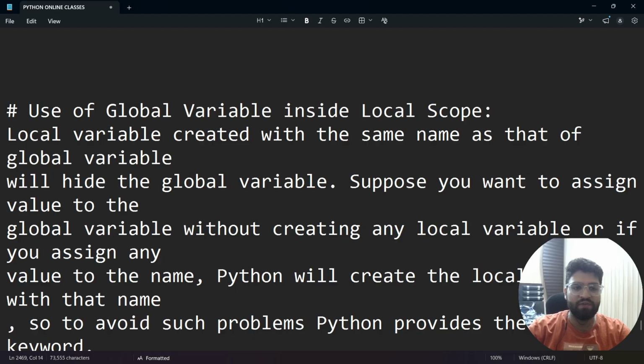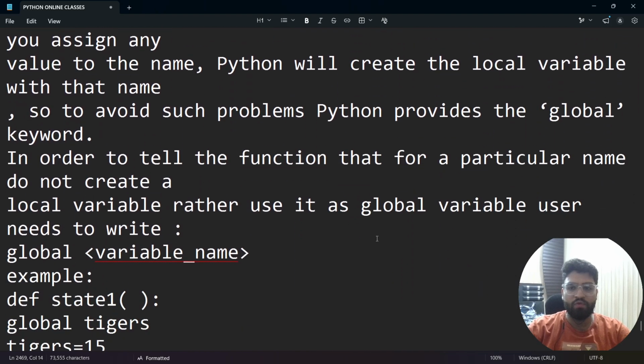Suppose you want to assign a value to the global variable without creating any local variable, or if you assign any value to the name, Python will create a local variable with that name. So to avoid such problems, Python provides the global keyword in order to tell the function that for a particular name, do not create a local variable. Rather, use it as a global variable. The user needs to write global variable_name. Example,